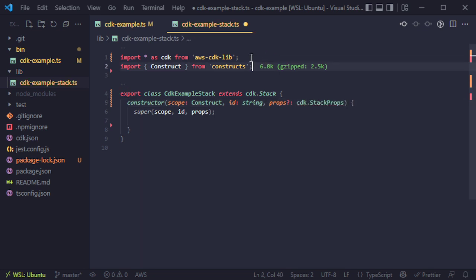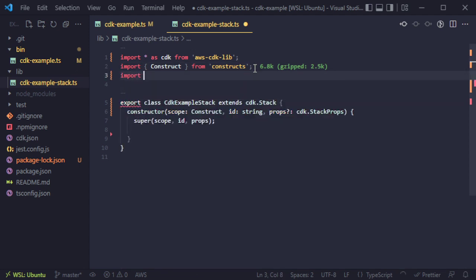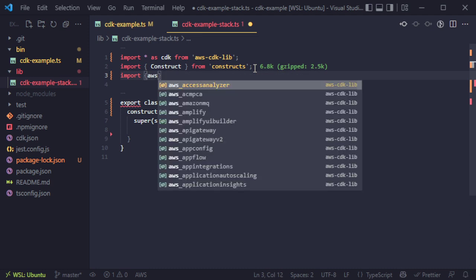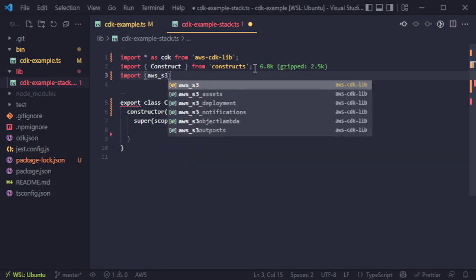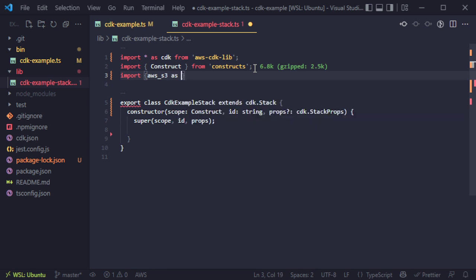Okay, now we got that. Now we need to import the S3 module so we can start making some buckets. So import aws_s3 as s3